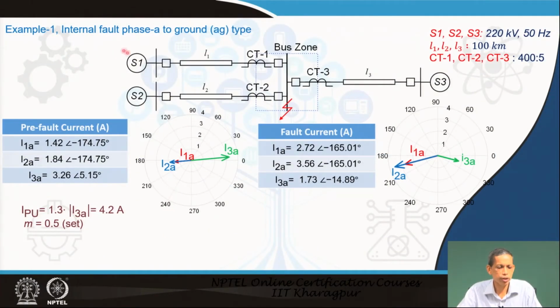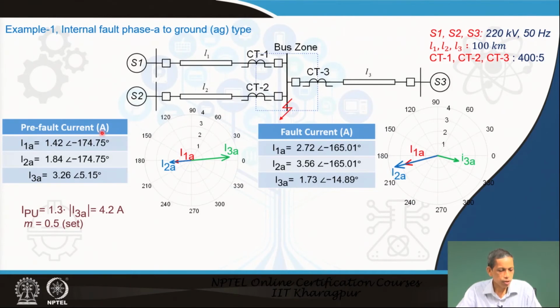The first one is on an internal fault and the second one is on an external fault related to the bus bar. So, this is a bus bar, and we have 3 lines connected to it, and an internal fault happens in this bus bar. The fault is of AG type, in phase A only. The associated CTs are grouped as 1, 2, 3, corresponding to feeder lines 1, 2 and 3.